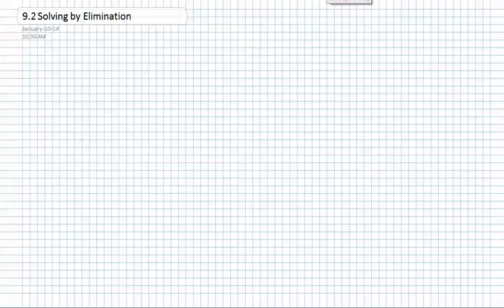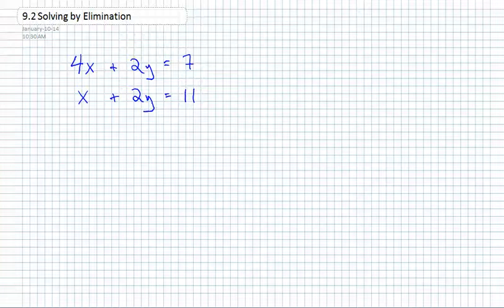Alrighty, people. We are going to be looking again at solving by elimination. We've already seen some basic stuff done in class, like this question here. And the goal, of course, is to eliminate one variable. In this case, you want to select the variable where the coefficients are the same, and you're either going to add or subtract them, whatever turns that variable into 0 or eliminates it by making the coefficients add up